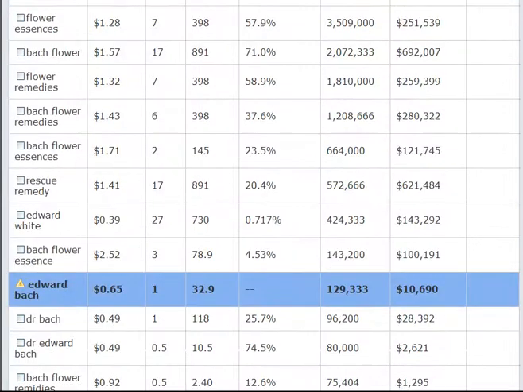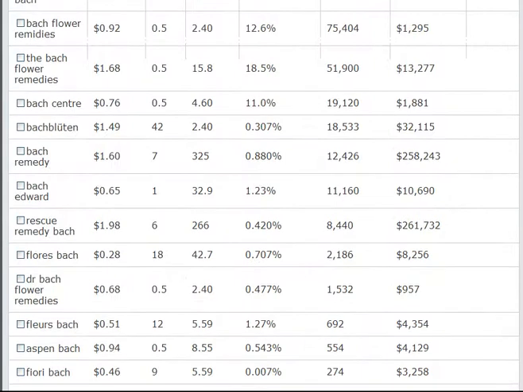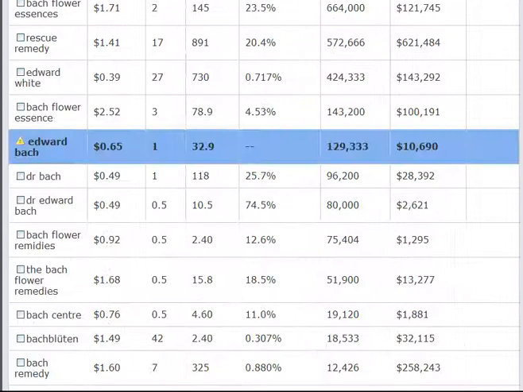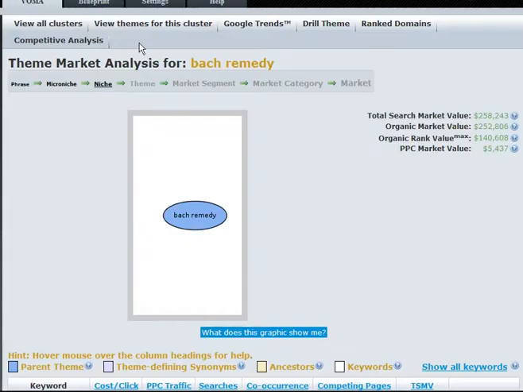You can drill into them all day if you want, and that's kind of important to have the freedom to not mess up your charts and graphs until we get the new version of Kraken actually out. Like Bach Remedy, for example, you can drill into that one. And then view all themes for this cluster, just like we did on the original